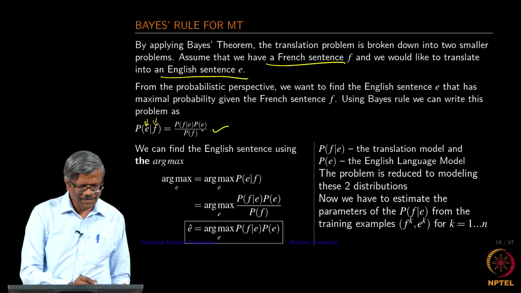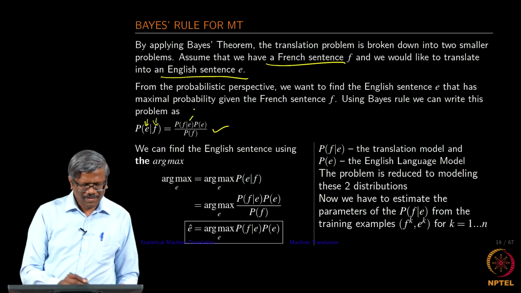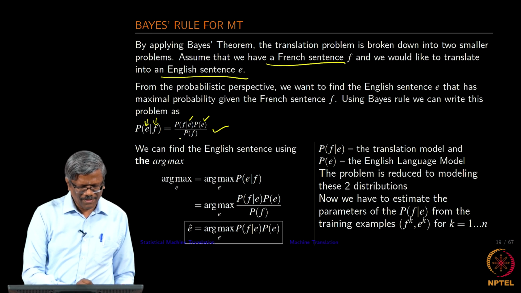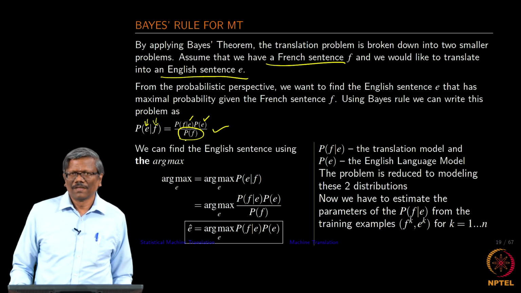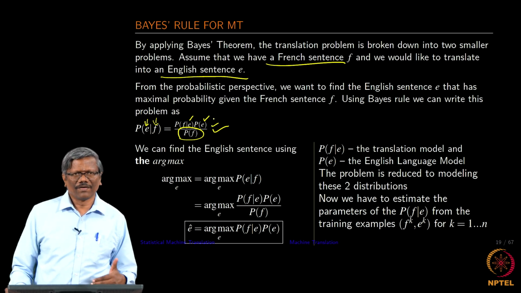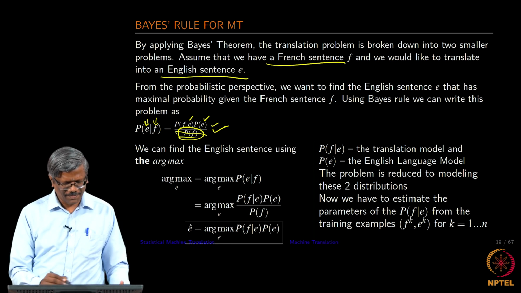It is a product of the conditional probability and the language model, and in the denominator we have a language model for French. Since the numerator is independent of this, we can actually ignore this and we can write this as